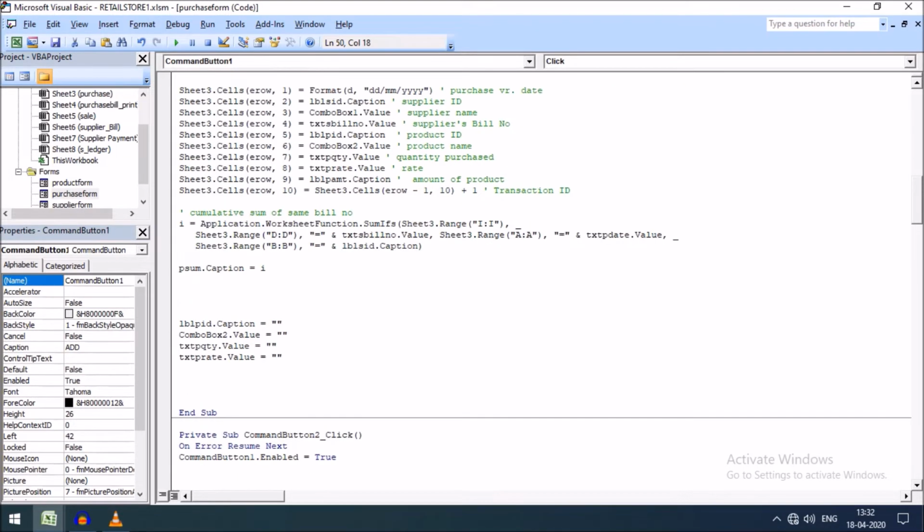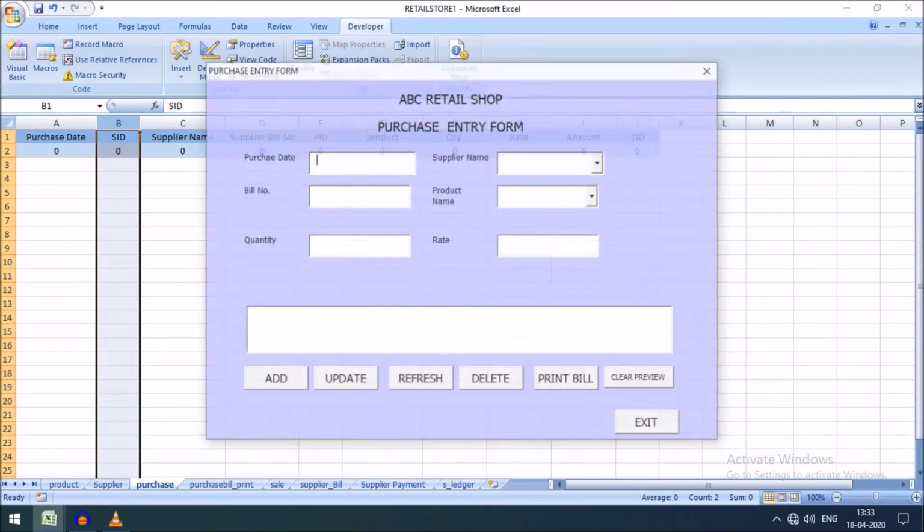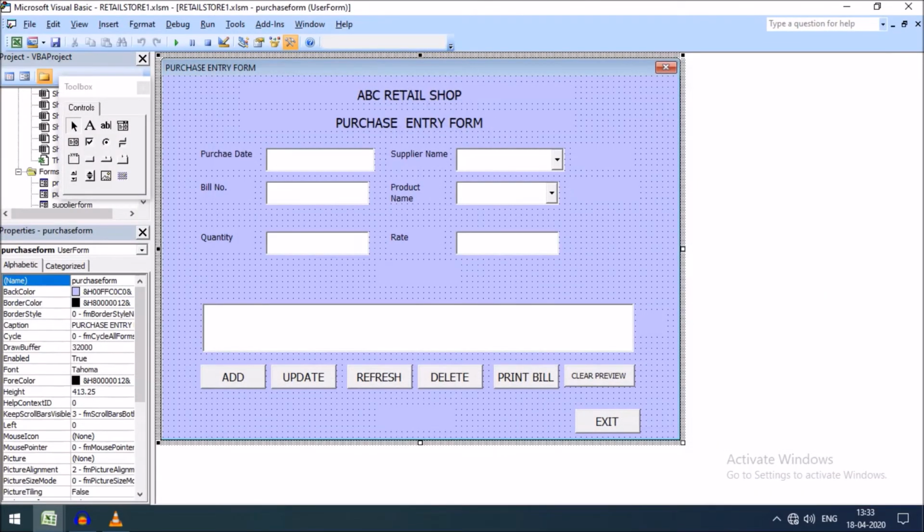And finally at the end, you can see I have cleared the product ID dot caption to blank, combo box 2 dot value, that means the product name, and product quantity and rate, I keep blank after the addition of one item. I did not blank the supplier ID, because the same supplier is supplying more than one product here. So just run this program section, and you can see here friends,